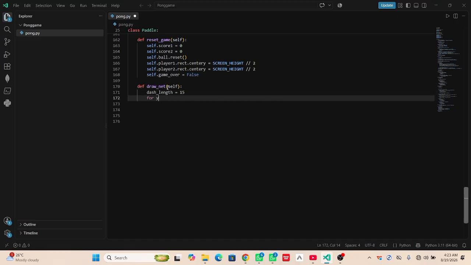So for y in the range, I will have 0, comma, then screen_height, comma,